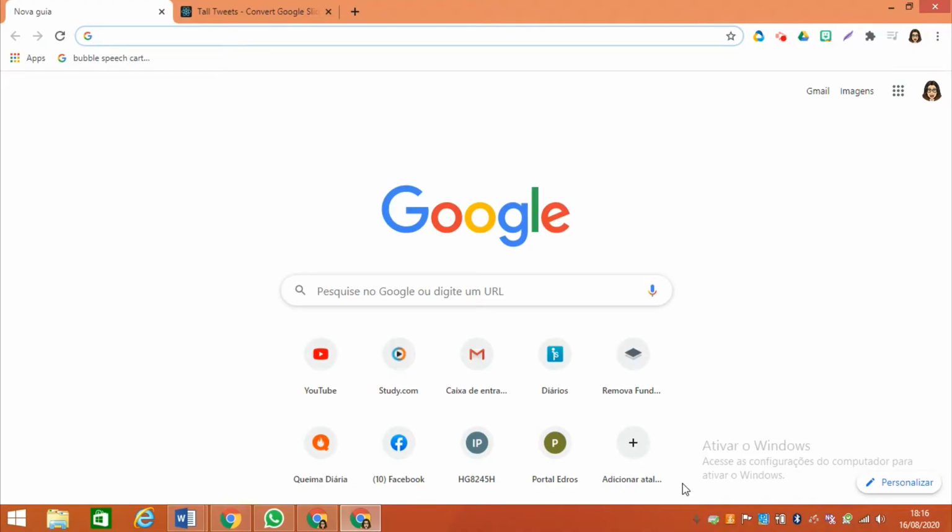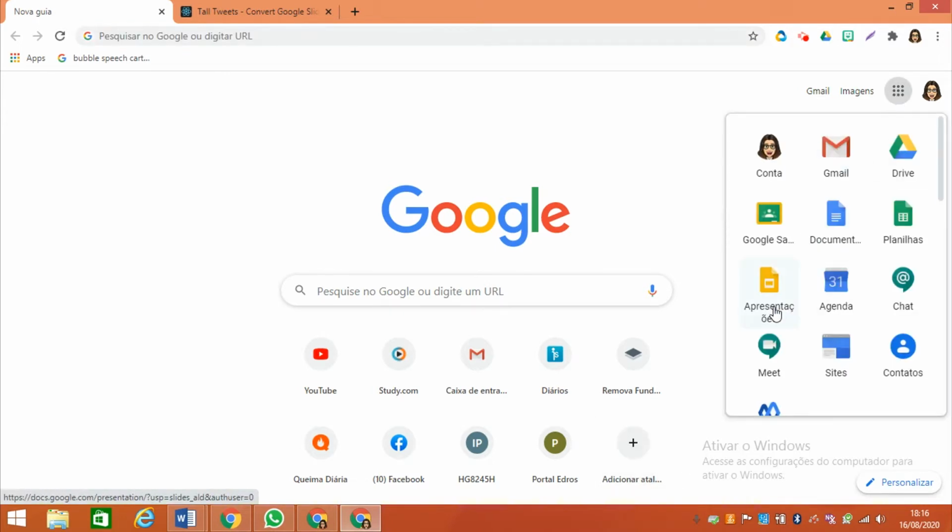And today we are going to create a stop motion, but instead of taking pictures and uploading them in the computer, we are going to use Google Slides, and we are going to do everything in the computer this time. So how are we going to create this animation? First of all, you have to go to Google Apresentações, Google Slides,